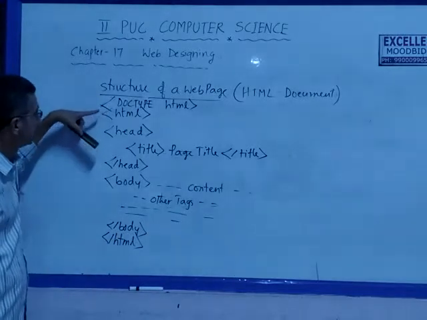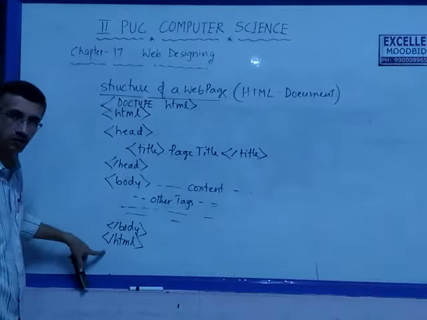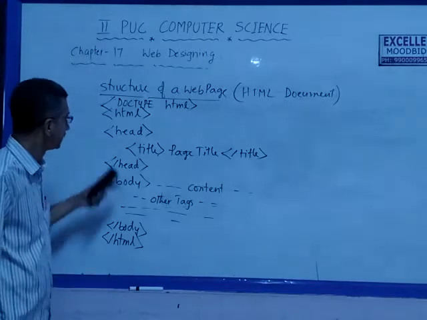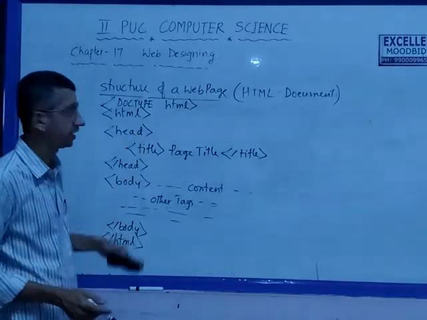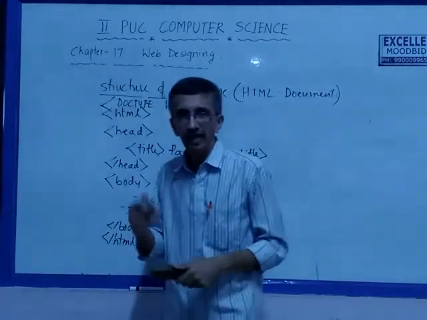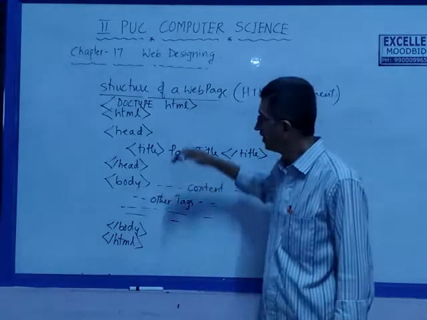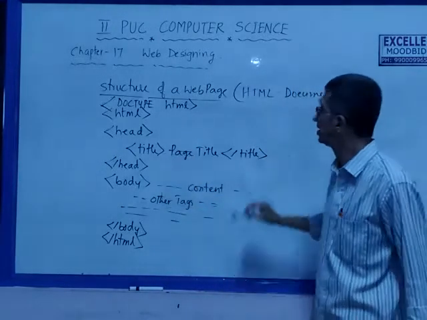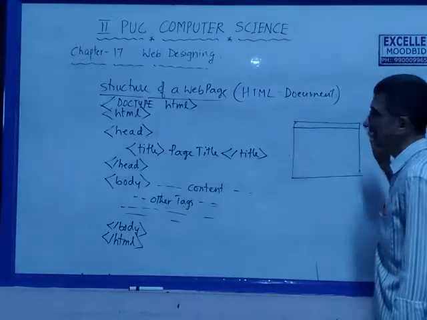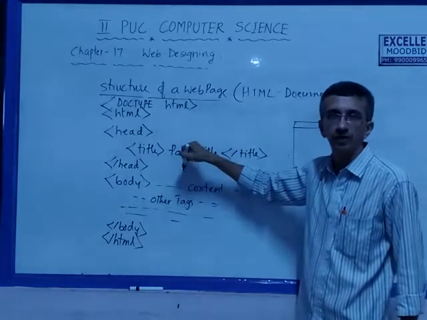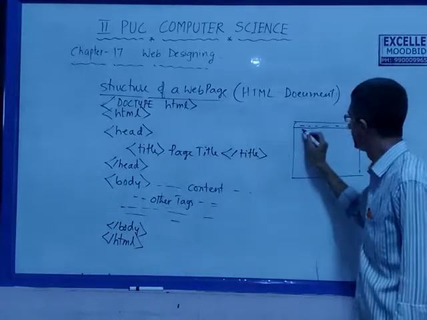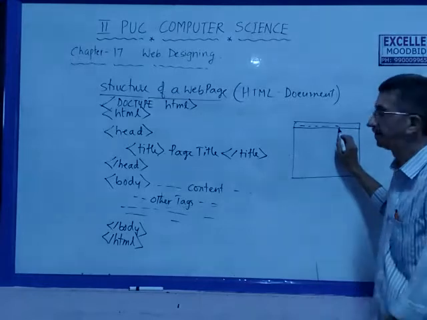So the structure includes the HTML opening tag and the corresponding closing HTML. A close tag will be indicated using a slash before we begin the tag. So a tag is a keyword enclosed within a pair of angle brackets, HTML and close HTML. After that, usually the beginning of an HTML document is the head section, head and close head tags. Within that, normally we write the title of the page, which is displayed in the title bar. Every web browser has a title bar, and on the title bar of the web browser, we display the title of this page. The page title will be displayed along with the browser name.